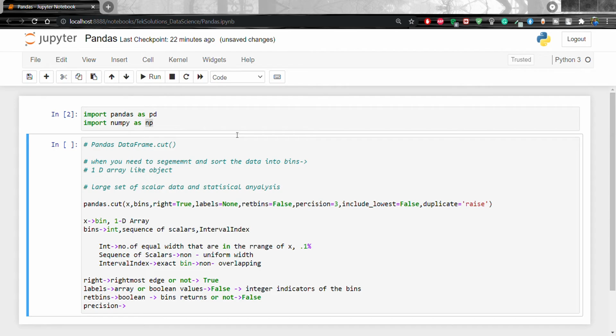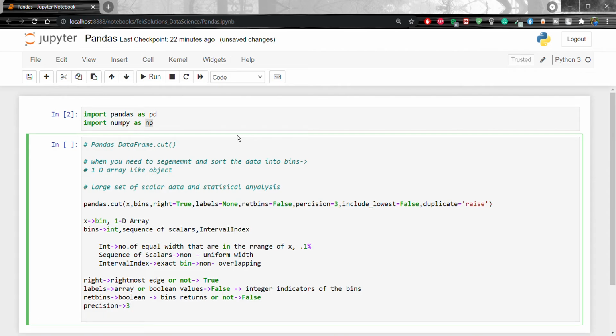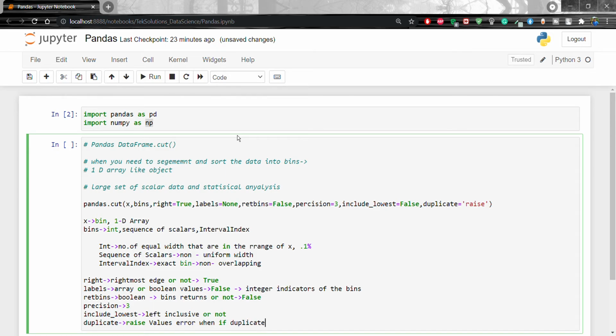It consists of an integer value that defaults to 3. Now the next one, include_lowest, that is whether the first interval is left-inclusive or not. The last one is duplicates. That is going to raise an exception, basically a ValueError, if duplicates are there. We can also drop the duplicates.